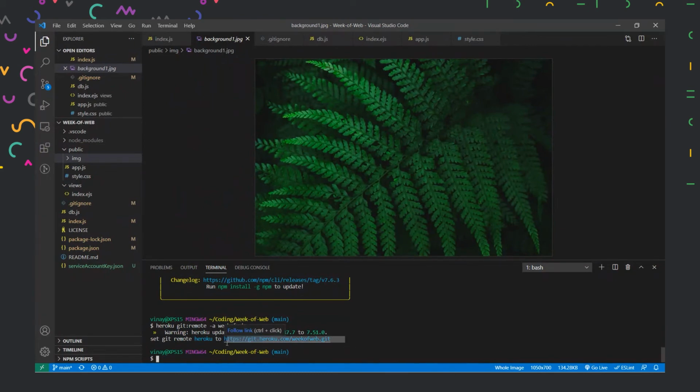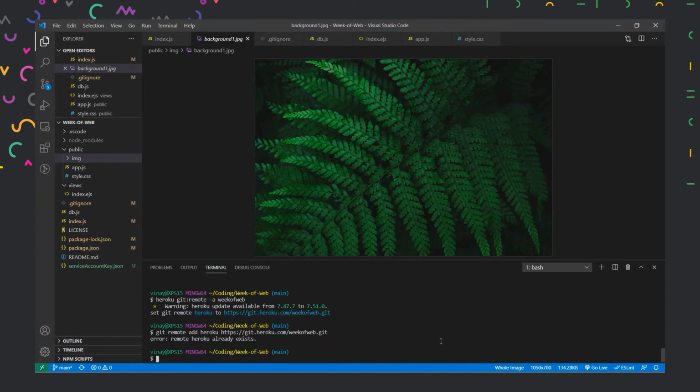So we just have to set the remote of Heroku to this. We'll run git remote add heroku, equal to this part. So I'll copy it and paste it here.